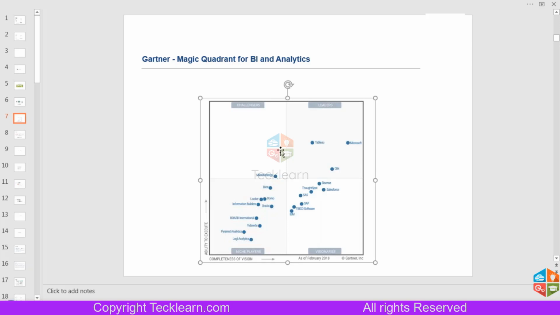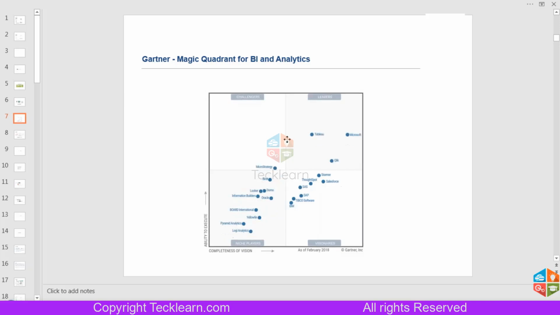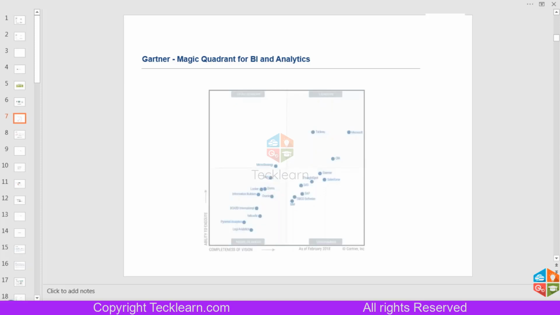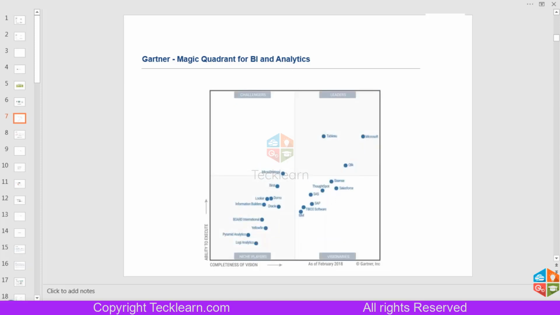In this diagram, you can see the Gartner's magic quadrant, if anybody knows what this diagram represents, to show Tableau's popularity. Every year Gartner publishes this quadrant. So this is the latest Gartner report.